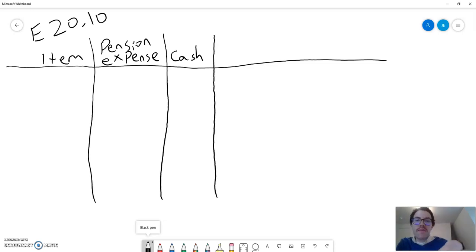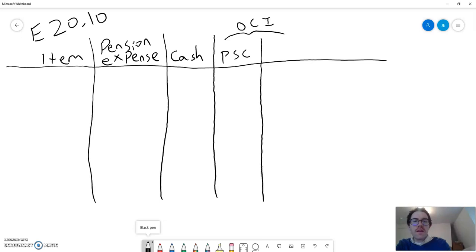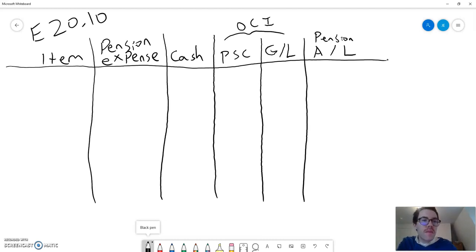You're also going to have other comprehensive income, and that is going to cover two different items here: prior year service costs for one, and then gains or losses. Finally, you'll have the pension asset/liability, and then